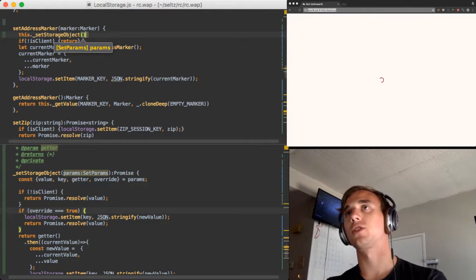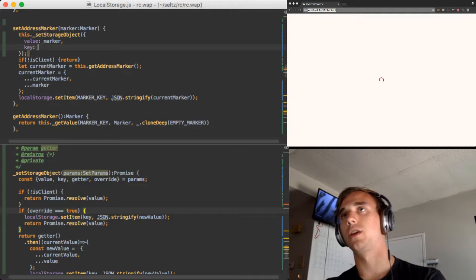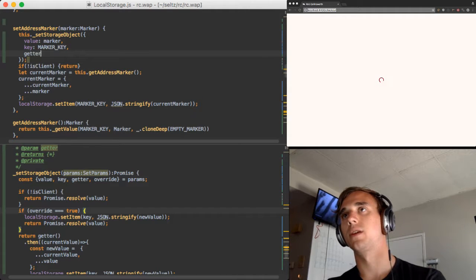Okay, so set storage object. Params is value. Is marker key. Getter is this dot get address marker. That's the other thing I have to make sure to do, is make sure I'm not calling any of these functions, because my IDE, which is an acronym for